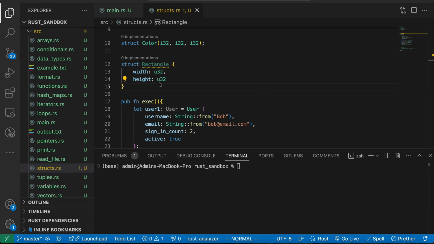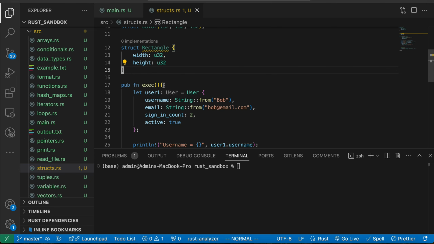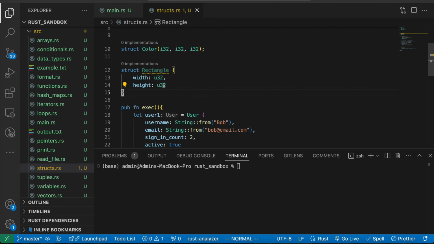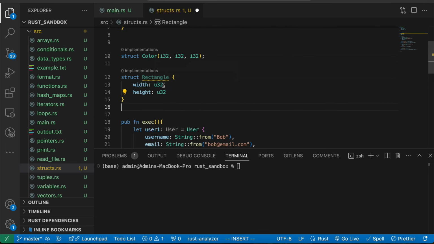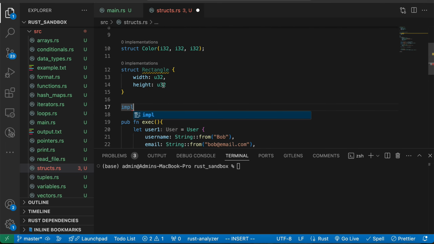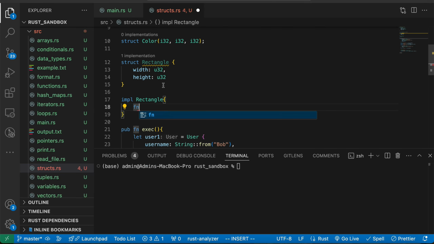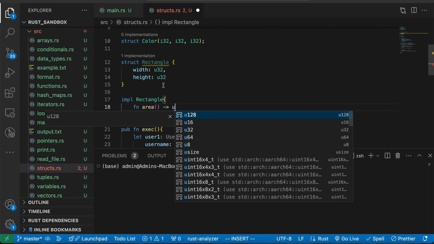So we still have one more struct left here, which is the rectangle, and I left it for a reason because I want us to understand what are called implementations in Rust, which allow us to define a function for a particular struct or enums. So what we're going to do is come here. I'm going to write down impl, and I'm going to name it after that struct. And we're going to define a function called area, and inside this area we're going to return a